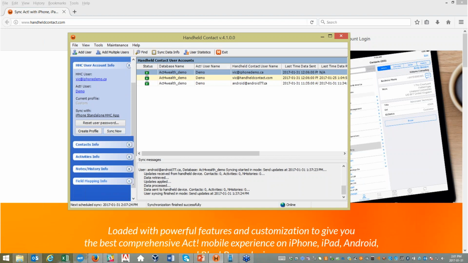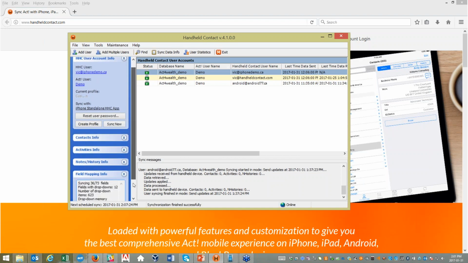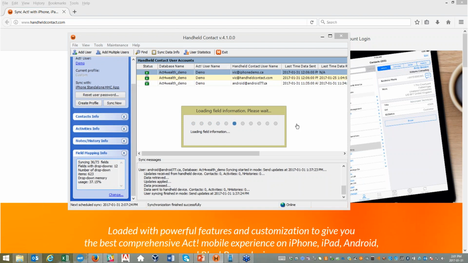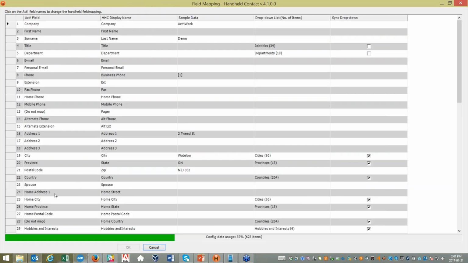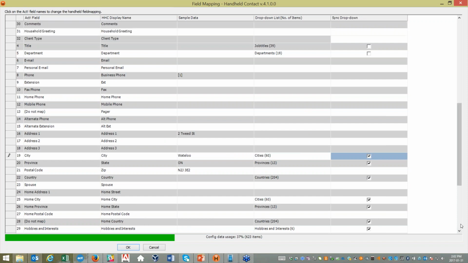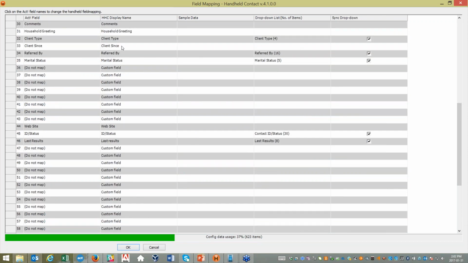Then we have notes and history, but the main thing I want to show you here that people don't always fully appreciate is all the fields that we can synchronize. The key to Handheld Contact is that you don't have to scroll through 1,200 fields to find the information you need. You choose which fields you synchronize, and you can also choose to synchronize drop-down menus. I'll leave that on for now because I don't want it to resync while we're doing the demo. And then you can go through, and these are all the standard fields in ACT till you get up to